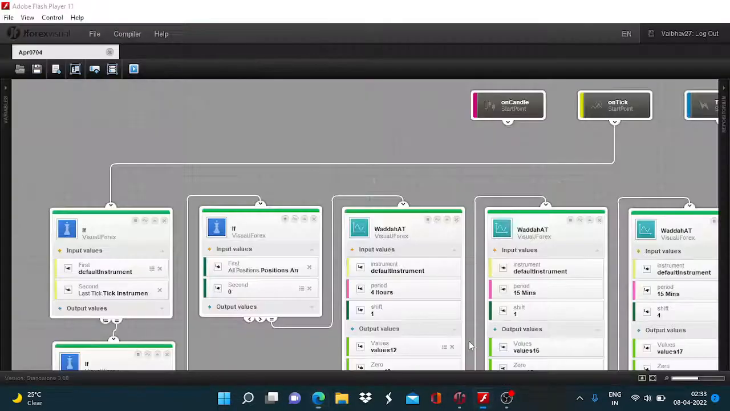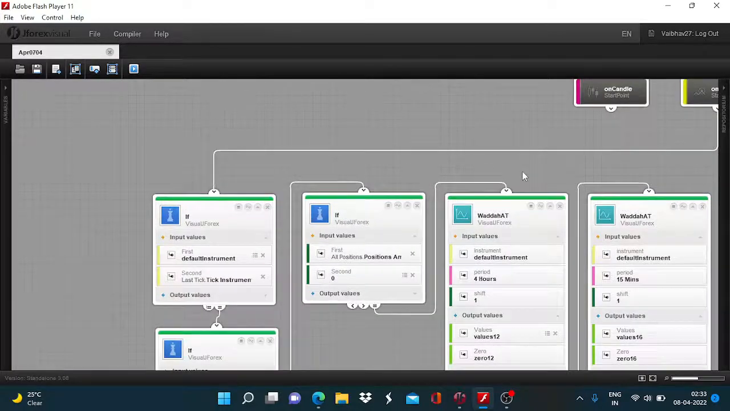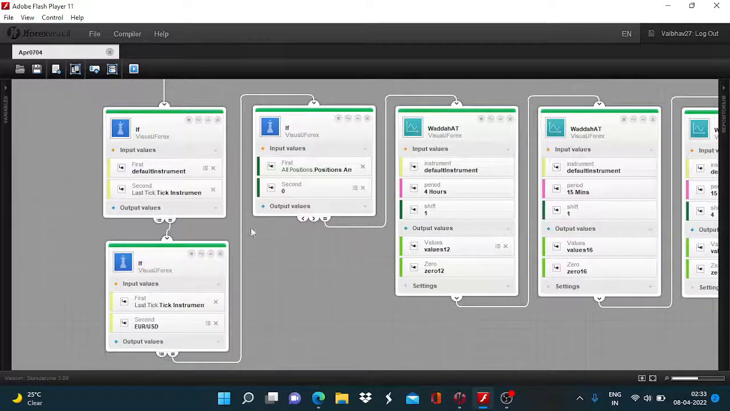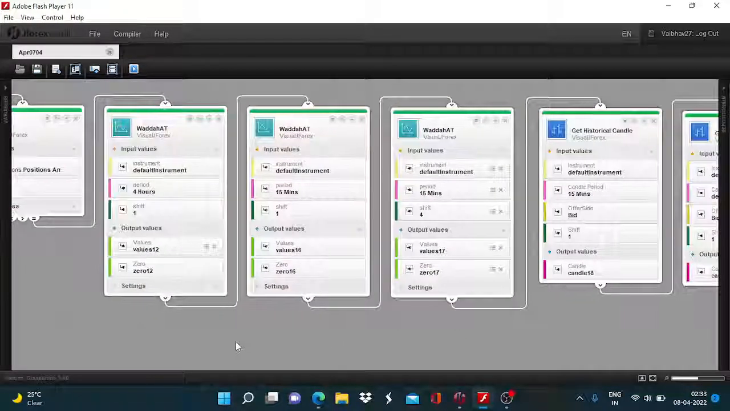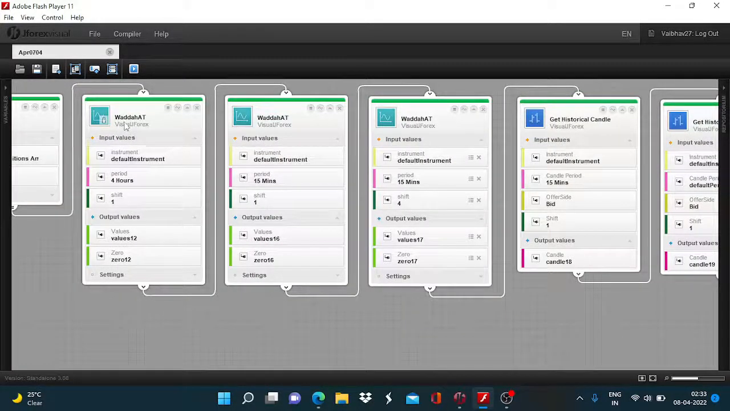We head to the Visual JForex board, which has been developed by the Dukascopy Bank SA. This was done in the last session where we have the instrument subscription in place with the Euro USD being the instrument of choice. Afterwards, the position amount was defined at zero. I have added these three Waddah 80 blocks of varying parameters. We have this first one of the 4 hourly candle period, and after that these two are of 15 minutes